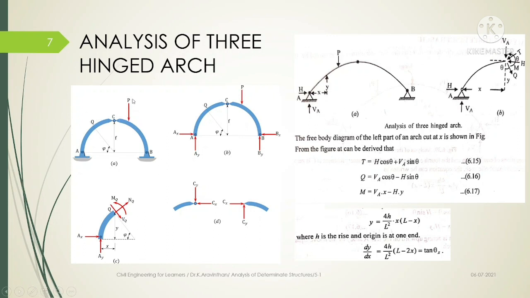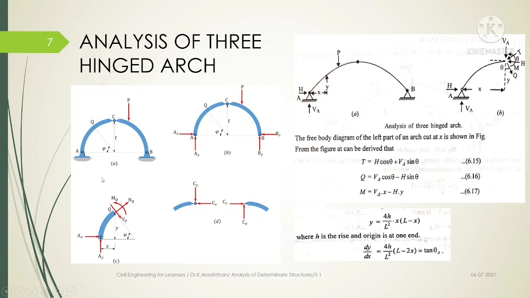So during an analysis, if a point load is applied anywhere on the section, what happens? Due to the load, you will have reactions. Since it is hinged, you will have two reaction components at each support. The arch member has different types of force, which is indicated in figure C. So a single load is acting, at the support you have two reactions, and in between along the member